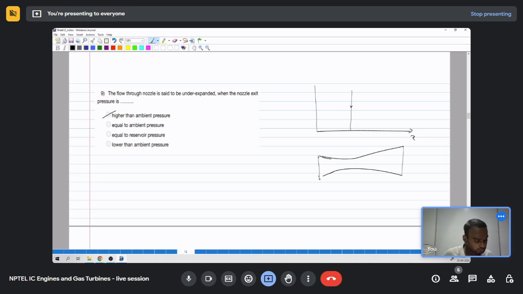Initially this is pressure. Pressure will keep falling until the choke area, and then for different back pressure you will end up at different outlet conditions. If the back pressure is sufficiently low, P1, P2,